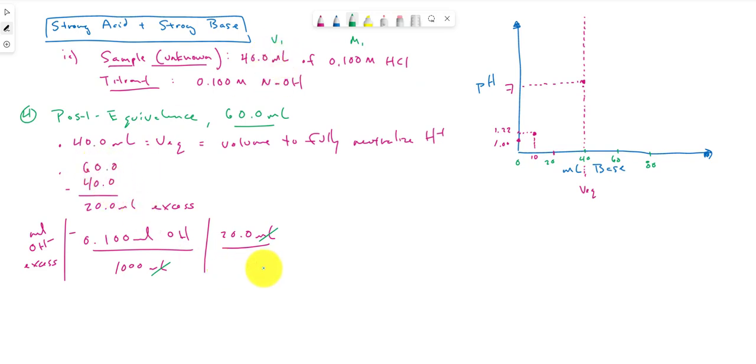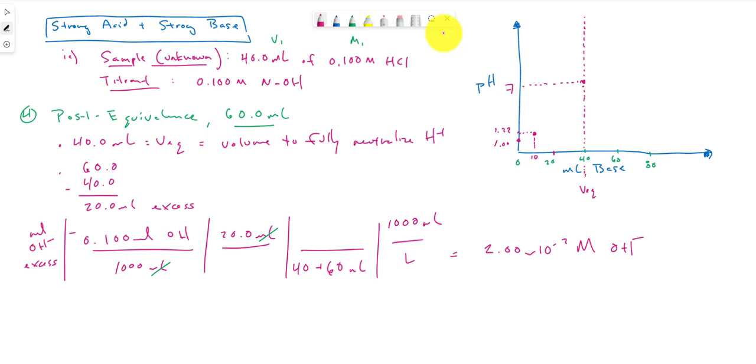So that means we have a total of 100 mils that those moles of OH are swimming around within. So I'm just going to write this as 40 plus 60 mils, and then this is 1,000 mils per liter. So doing this all in one operation here, that turns into 2.00 times 10 to the minus 2